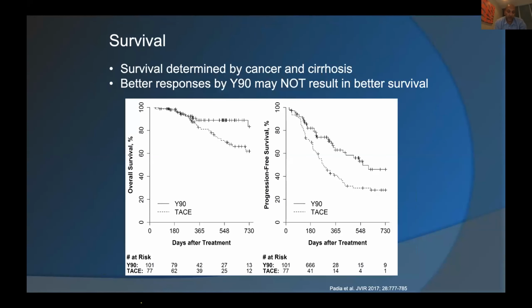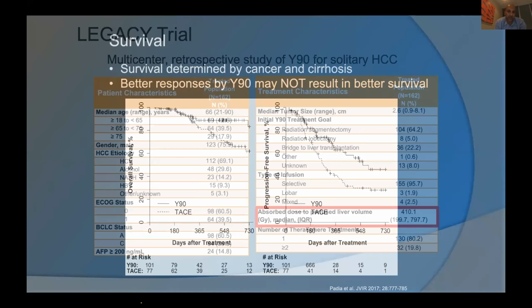So we also looked at toxicity, we looked at tumor response, we looked at tumor progression, but we also looked at survival. And we got what we had hoped and what we had expected. So we had about a 6-month survival advantage with Y90, which you can see on the left side. These were small tumors, so you can see that the survival curves are initially the same, but at around 1 year, they start to diverge. And progression-free survival, same thing. So we did see a PFS and an OS survival advantage.